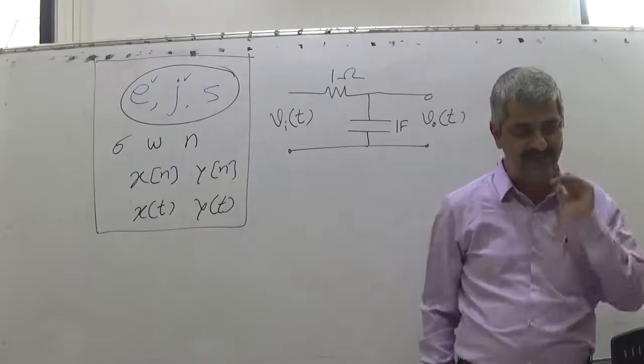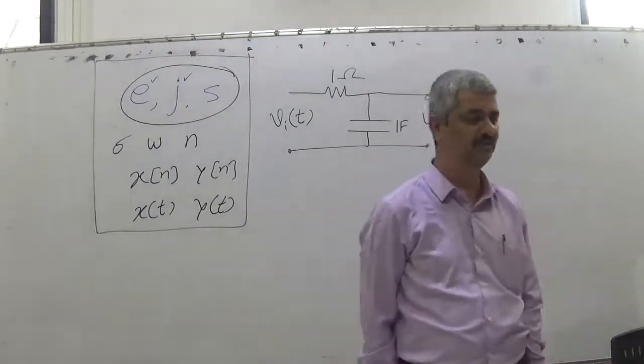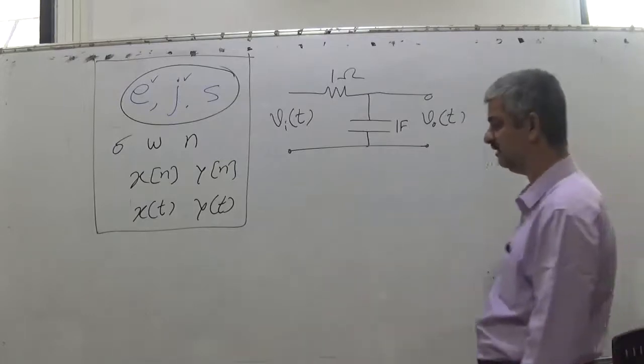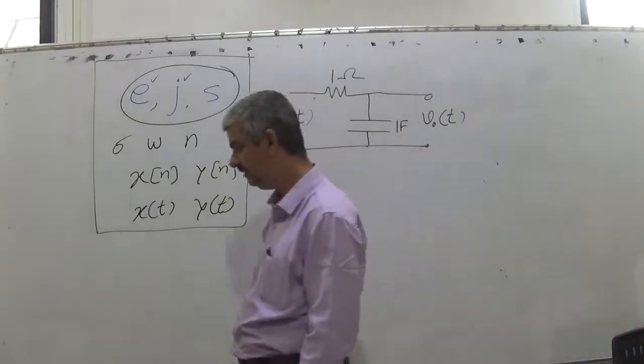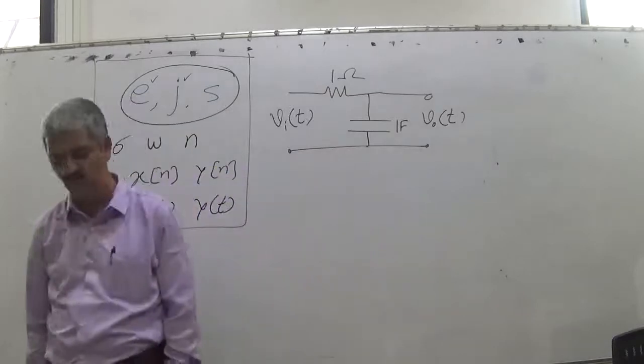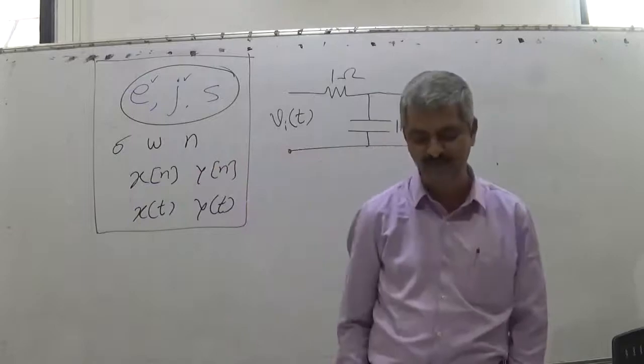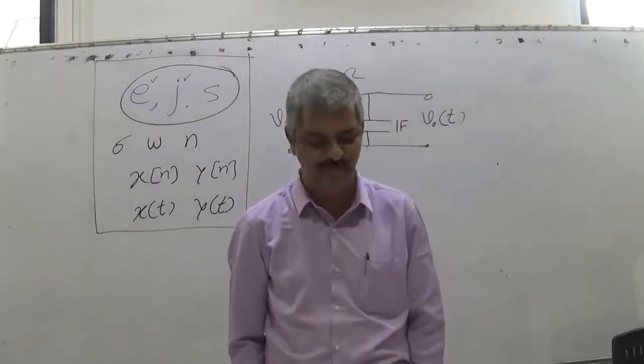For a capacitor, the relationship between voltage and current is that current is proportional to the derivative of the voltage across the capacitor. Then by using Ohm's law and Kirchhoff's laws,